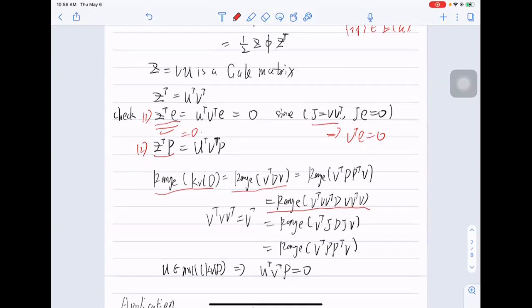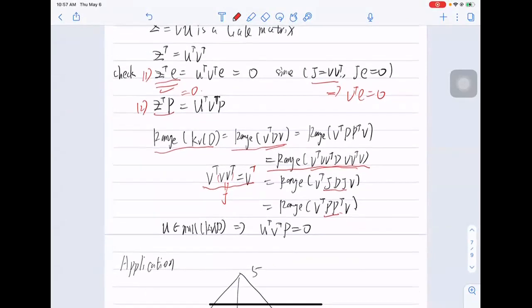That's because V transpose V is equal to J. Therefore V transpose this, therefore V this is equal to this. And this again will be equal to this, and this will give you the PSD matrix or the Gale matrix,